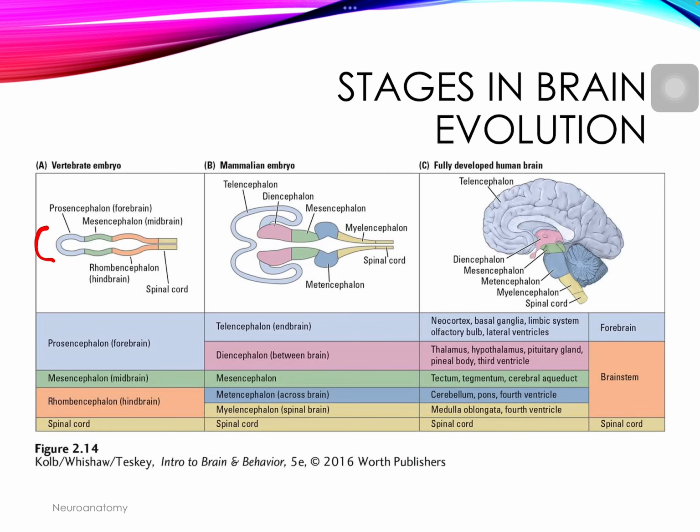So these are all color-coded, so you can see we have the forebrain, the midbrain, and then the hindbrain in a vertebrate embryo. And then here we have the spinal cord. If we look at a mammalian embryo, you can see that it's the same major idea in terms of structures, but now this forebrain area is split into the telencephalon and diencephalon. And then, if you look in a human brain, that becomes the neocortex, the basal ganglia, and the limbic system, which is important for olfaction. That becomes those lateral ventricles. And this is what makes up this major forebrain area.